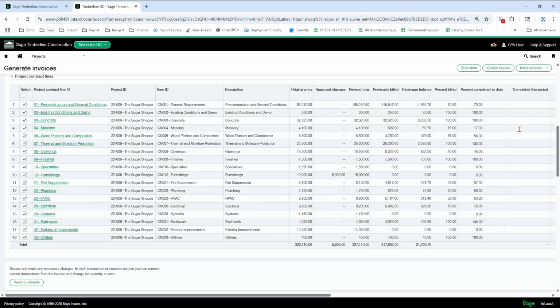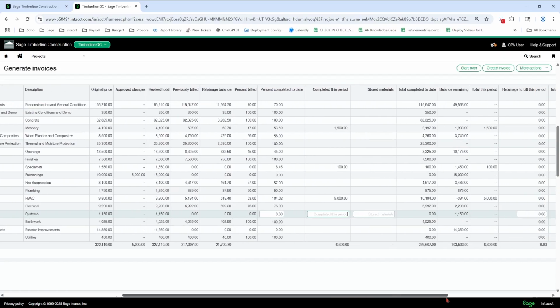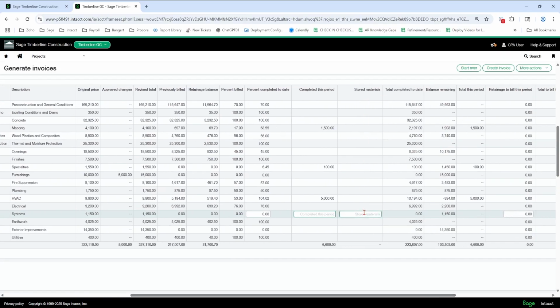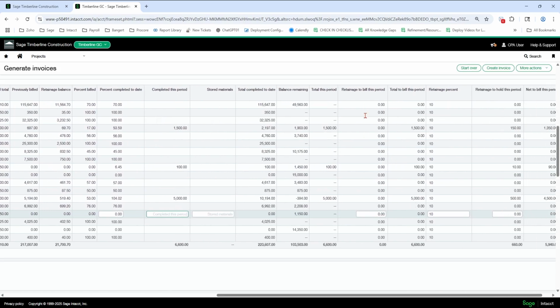And now I'm just going to put some amounts in here. And I've got my amount I want to bill for the period. I have stored materials I could put in amounts for as well. I could bill retainage, part of the retainage if I want.